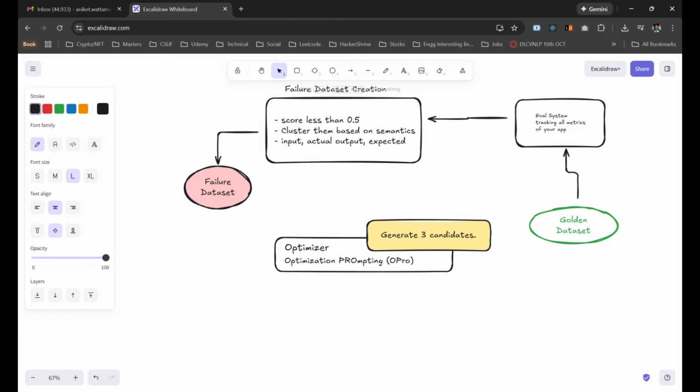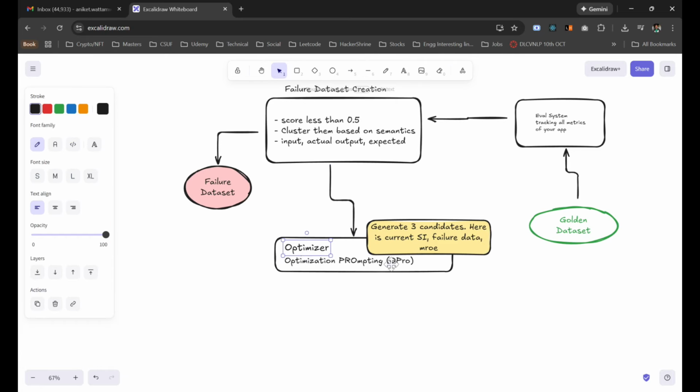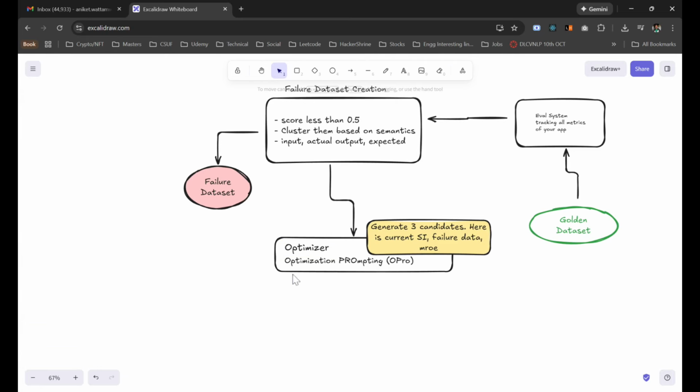based on the above data. Here is the current system instructions, then examples, or you could just say failure data, and whatever you have, and the more you have the better. So this is the instruction that you give, which comes actually from here. So the optimizer is over here. It will create three different versions of